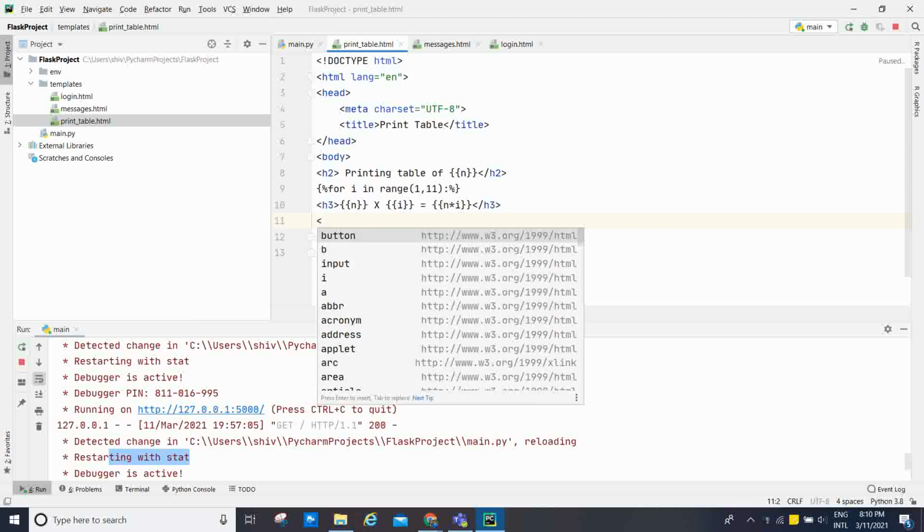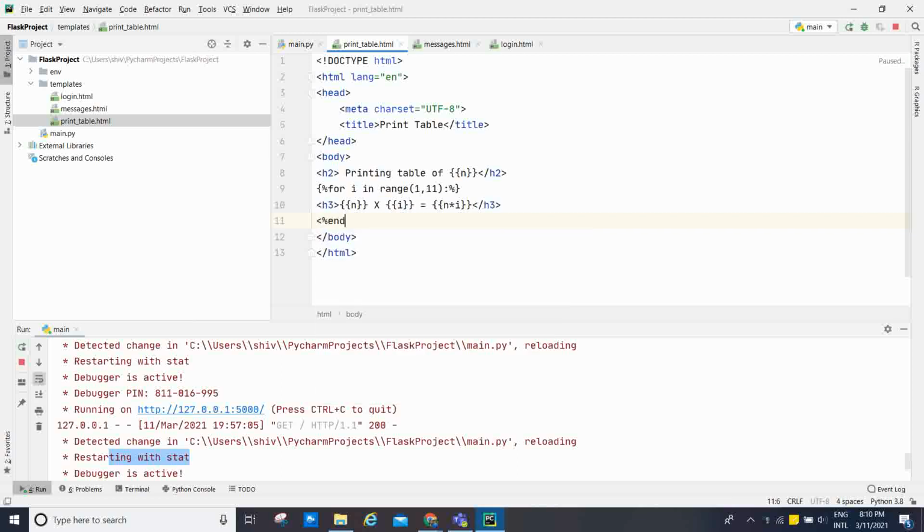After that comes the end of the for loop, end for. Percent curly braces for the loop and curly braces. Save.